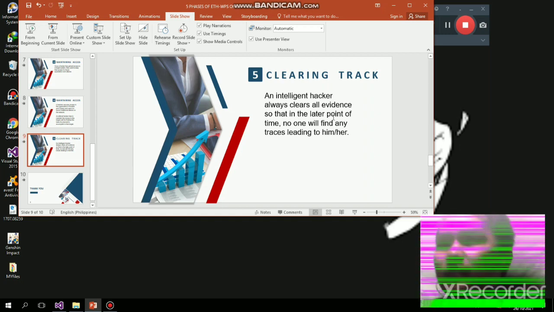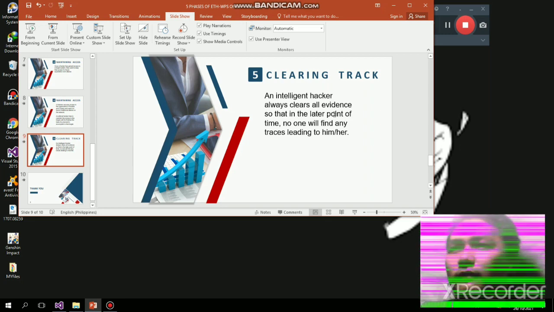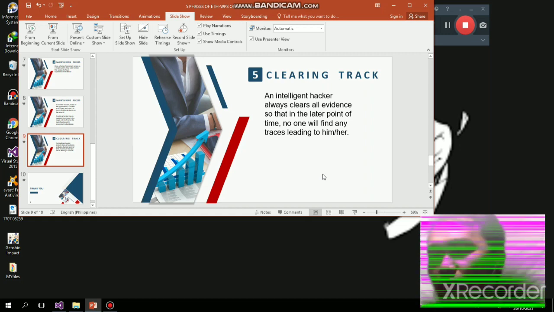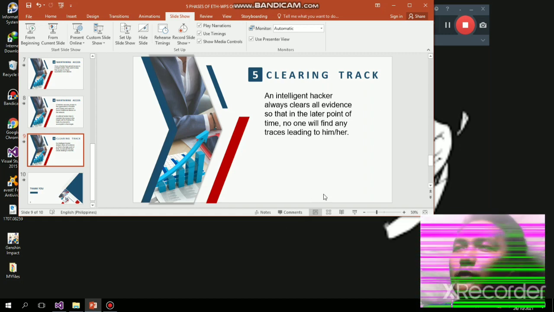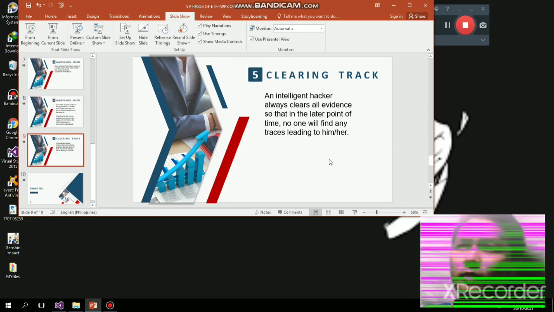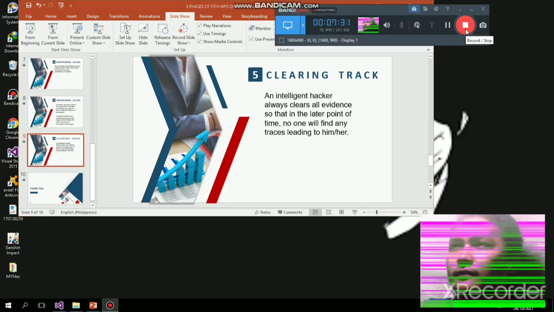In this phase, of course, an intelligent hacker always clears all evidence so that at a later point in time, no one will find any traces leading to him or her. Meaning, in this phase, you have to erase all the evidence once you finish hacking that system. So you have to uninstall the application you installed or clear your browsers and so on. So that is the 5 basic